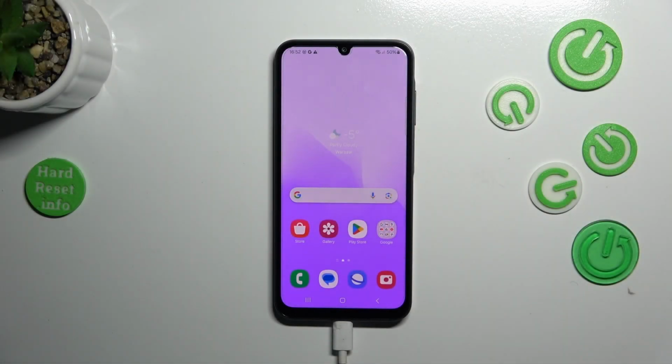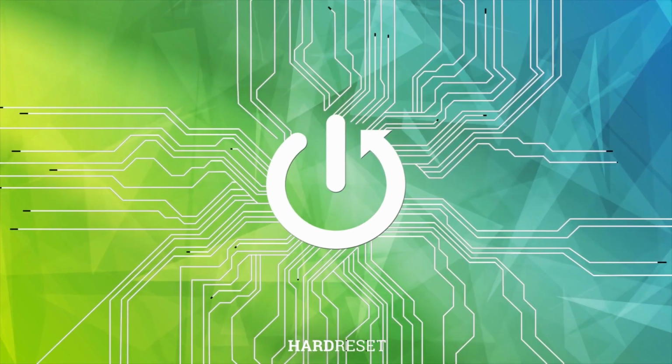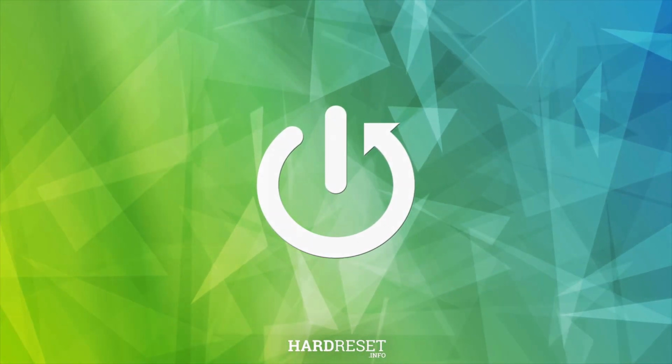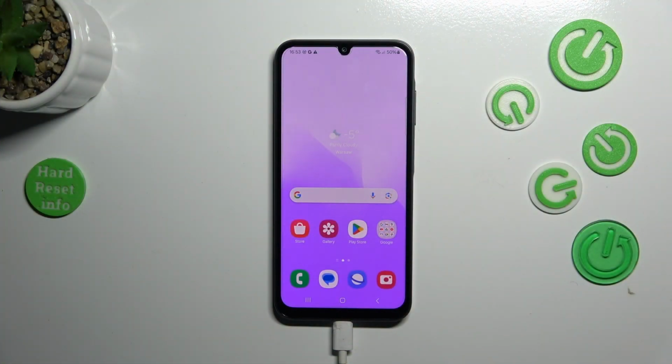Hi everyone, in front of me I've got Samsung Galaxy A25 and let me share with you how to block a number on this device. So let's start with opening your contact list because I'd like to start with showing you the way to block